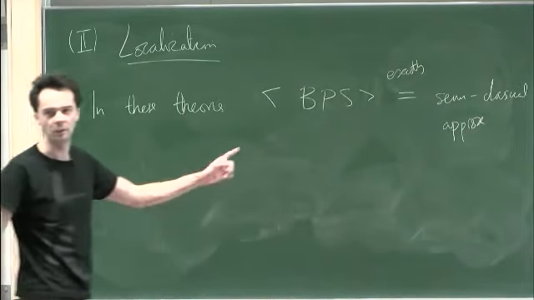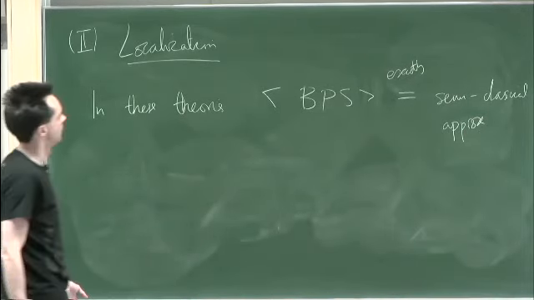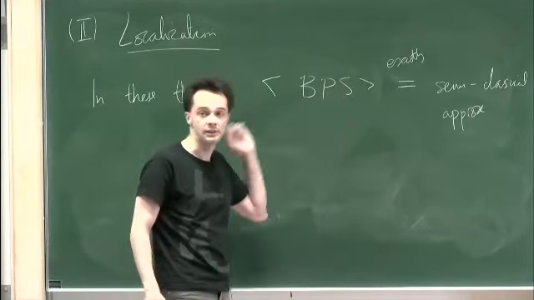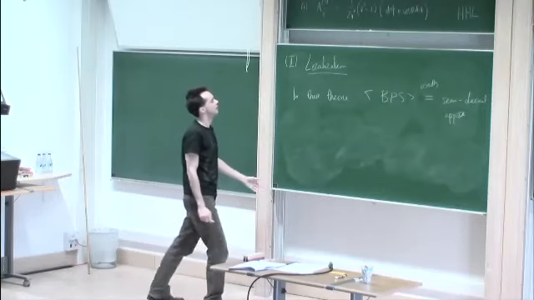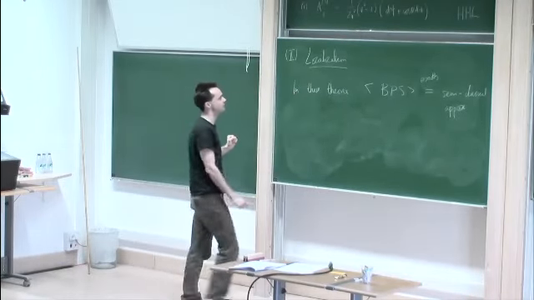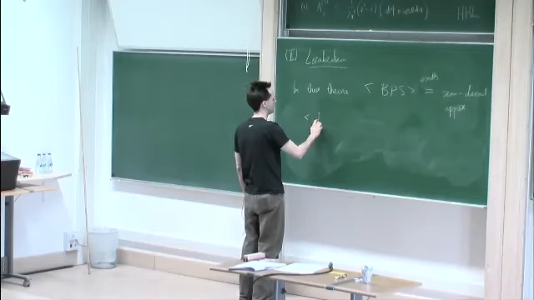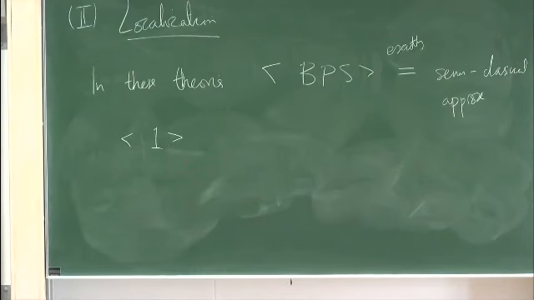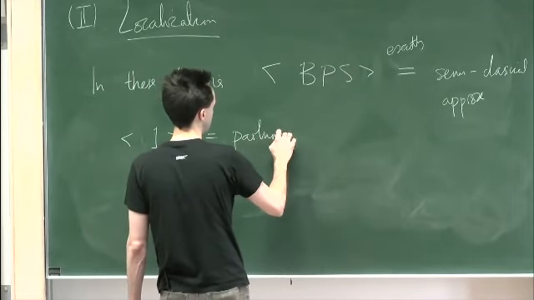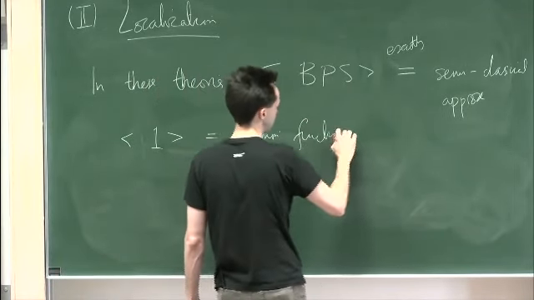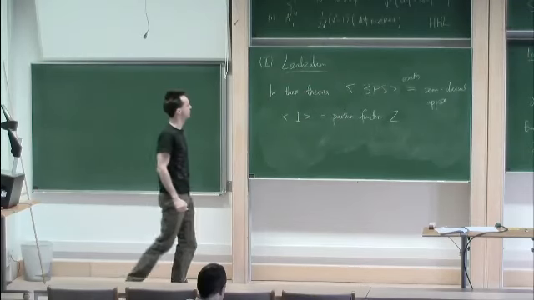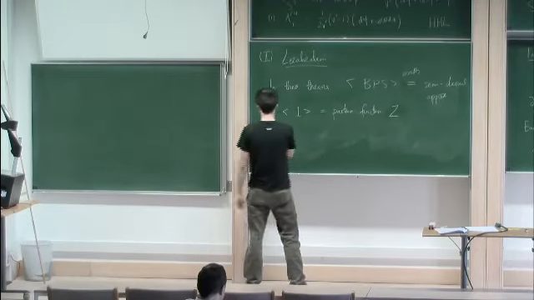You'll see what I mean by that when I write some more down. In particular, you can compute various BPS quantities in these theories exactly, and that's why there's been quite a bit of interest in them. If I look at 1, that's the partition function Z, and in fact, that's all that I'm going to talk about. People have looked at Wilson loops and other things as well. You could do that. Again, I'll just give the idea.